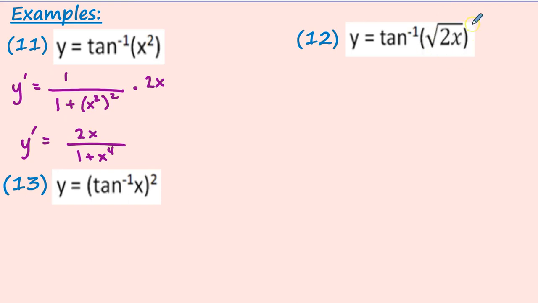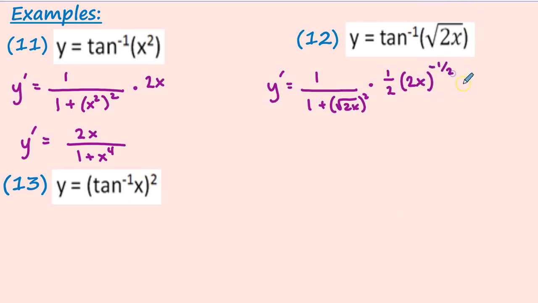Same idea on the next one with a different inside, and this different inside has 2 layers. The outer layer is the square root function and the inner layer is the 2x function. So this is a chain rule with 3 layers. So the inverse tangent derivative would be 1 over 1 plus whatever's inside it squared, times the derivative of the square root function. So think of that as the 1/2 power. Bring down the 1/2 and raise 2x to the negative 1/2,